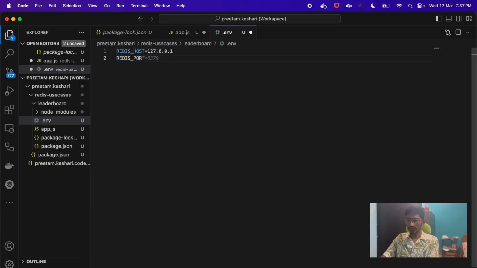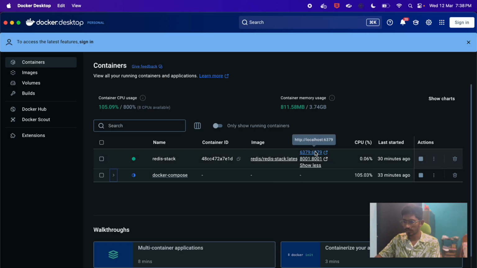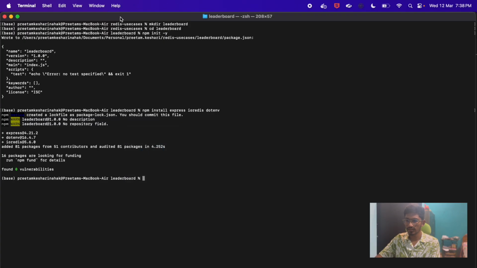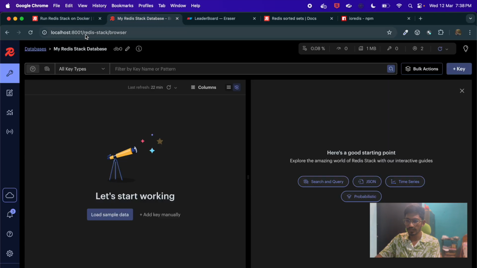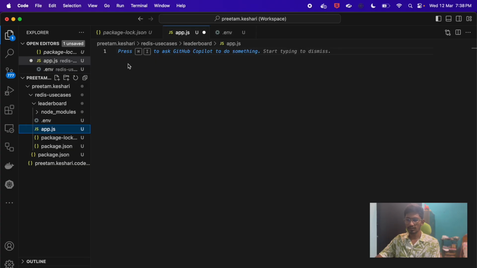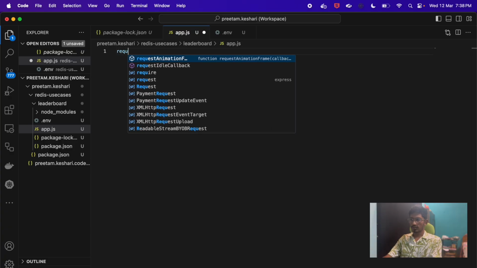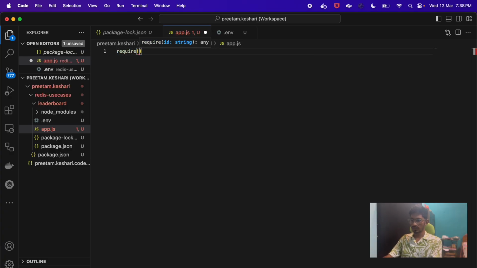And my Redis runs on port 6379. As you can see here, my Redis runs on port 6379, and the other port is for the UI. You can see the UI runs on port 8001, okay? Once this is done, go to our app.js and first load the environment. We'll require dotenv